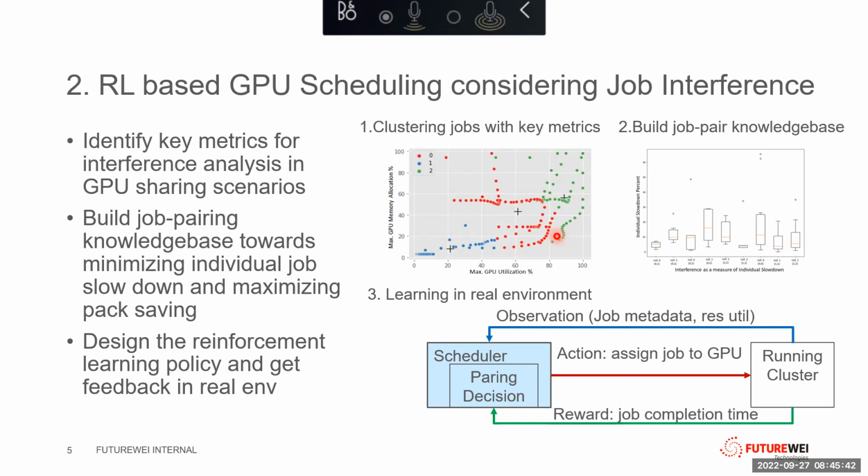Another feature is our AI for the system. Instead of serving the AI workload, our LNR system is designed in an intelligent way as well. This is an example of how we do the GPU scheduling. We will first collect some key metrics for each workload, including, say, the GPU utilization and the memory utilization, and then we do clustering, and then we have a knowledge base. We know which kinds of jobs, when they run together, perform better than other pairs, and based on that, we will do